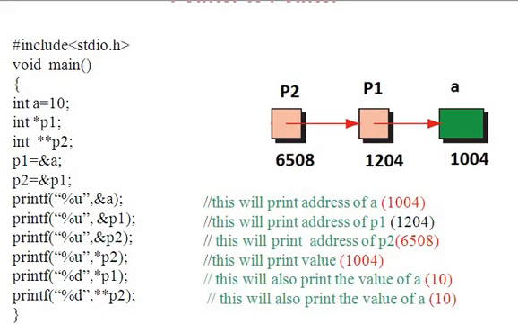Look at the statement, P1 is equal to &A. So P1 is a pointer variable used to hold the address of A, whereas P2 is equal to &P1. Address of a pointer variable P1 is assigned to P2 now. So P2 must be a pointer to pointer variable. Look at the printf statements one by one. &A is address of A, and &P1 is address of P1, and